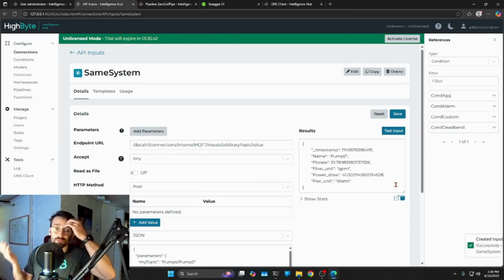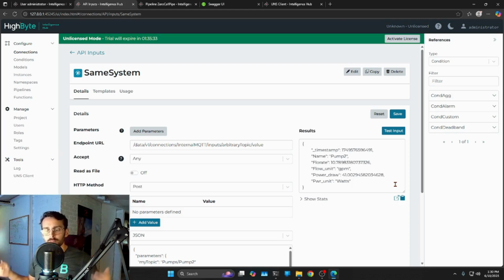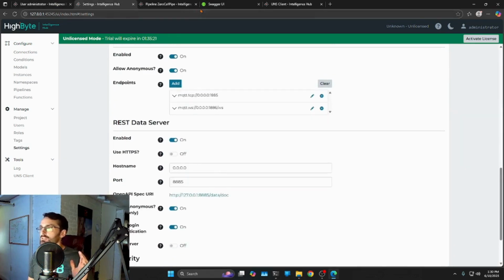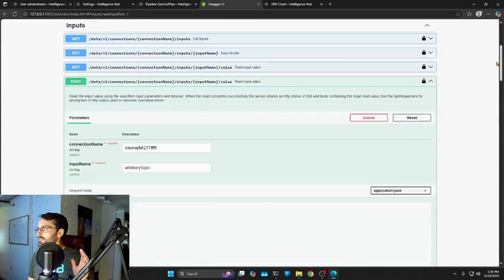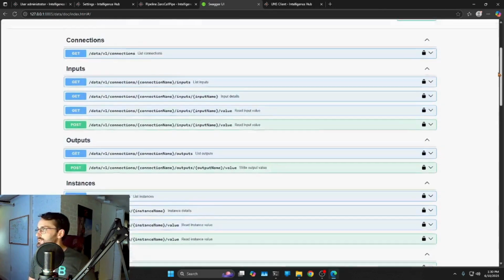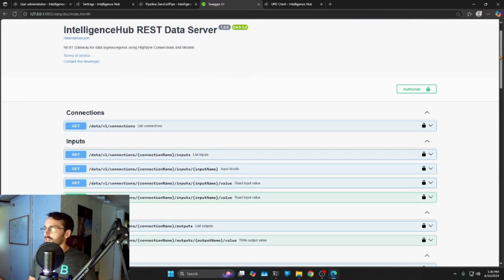Now, you wouldn't really use an input back to your own local API, but I could have set this up for another Intelligence Hub's endpoint, and that might have been a really simple way to do it. So we have looked at how to turn on the API data server. We have looked at how to interact with it a little bit using this dialog from Swagger Docs. I really recommend playing with this and getting a feel for the things that you need to use. Certainly, you can use tools like Insomnia or Postman if that's more your speed. We looked at authorization using a bearer token and an API key for our users. And then we looked at creating a connection